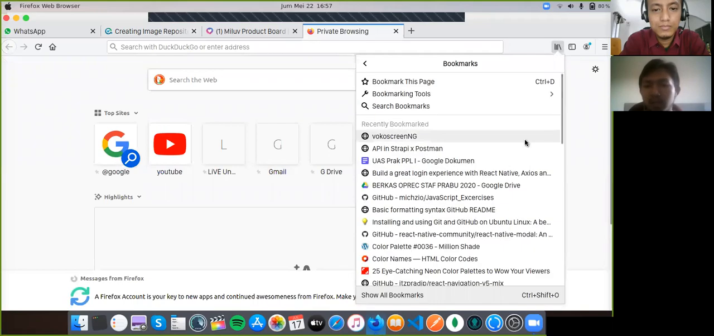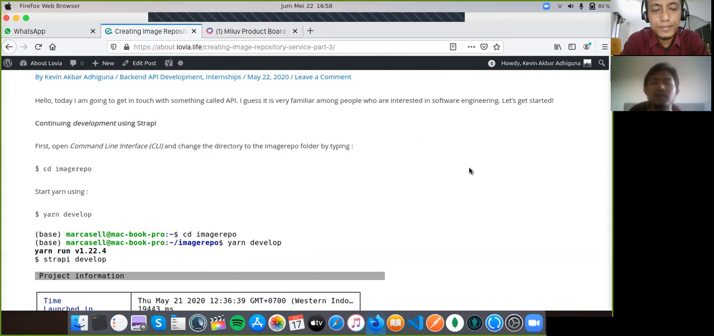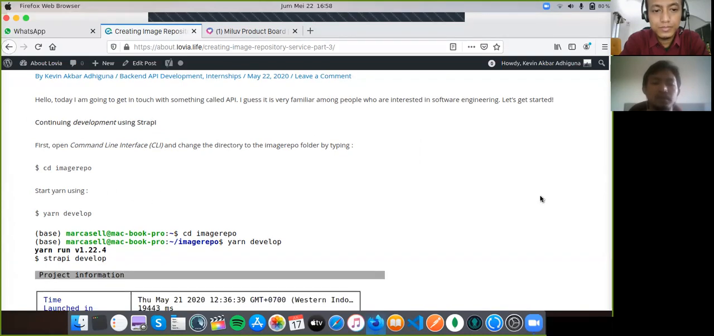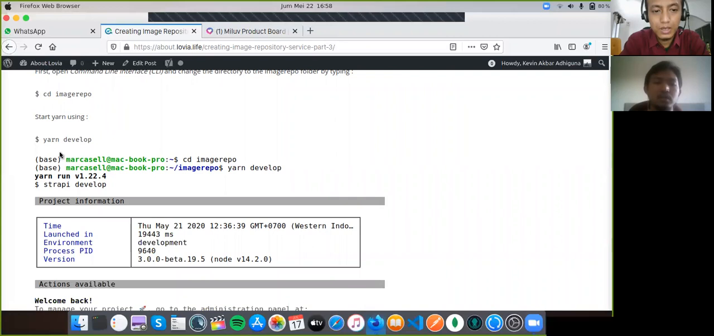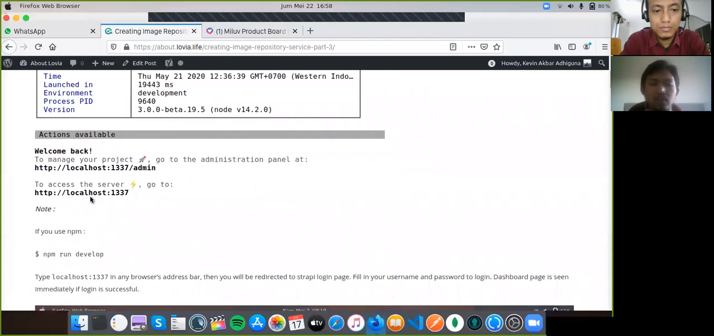an article like this. Oh, I didn't save that. I'm sorry. So it's basically about API in Strapi without coding. I learned from the article, and first I continued the development using Strapi as you advised me before, which used Yarn. Just type yarn develop after changing the directory to the image repo where I created this Strapi project, and it redirected me to localhost on port